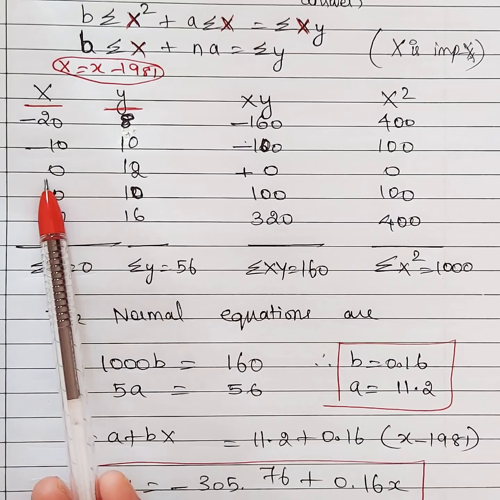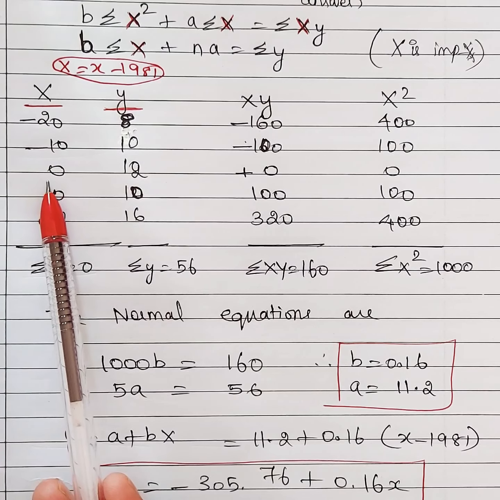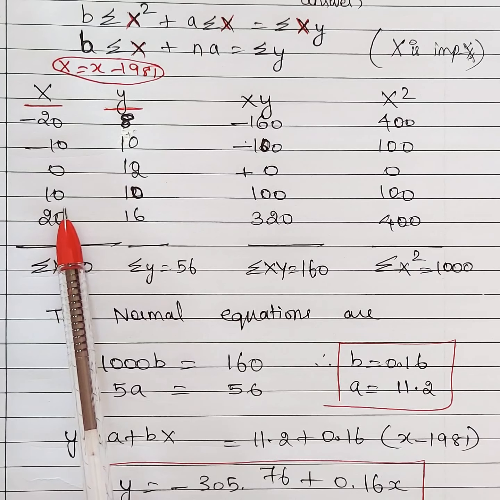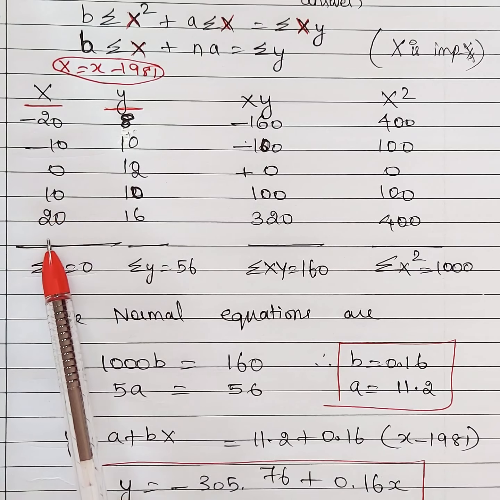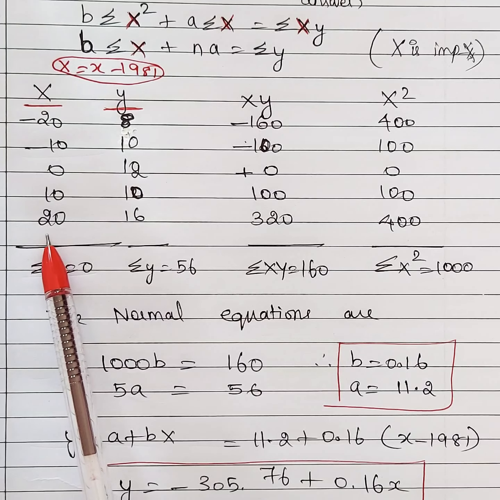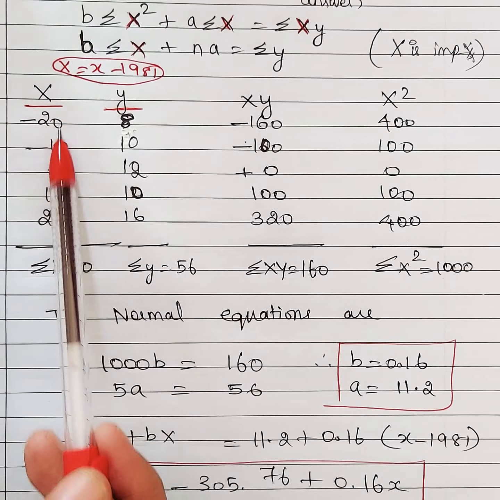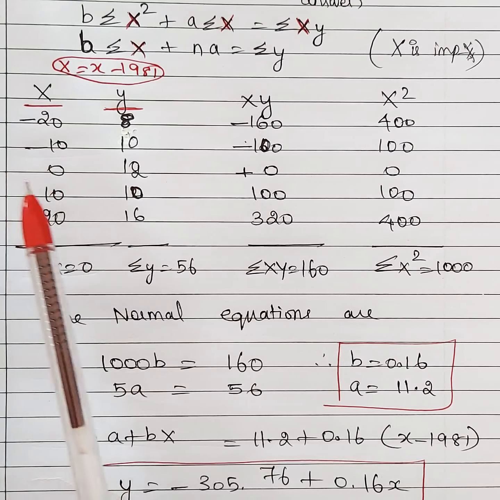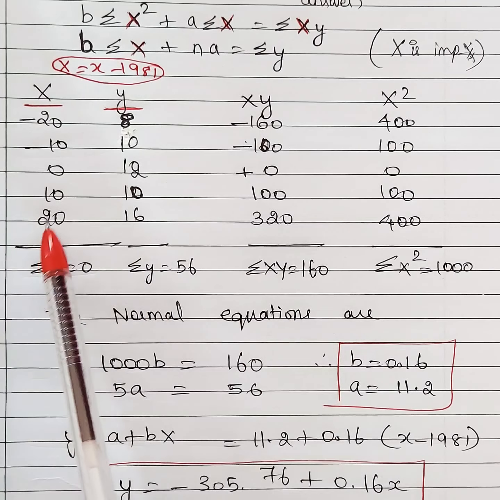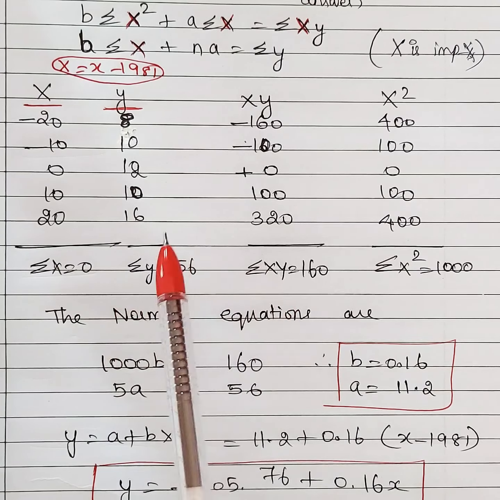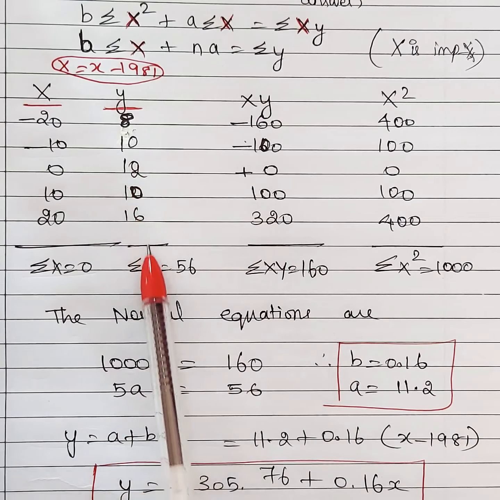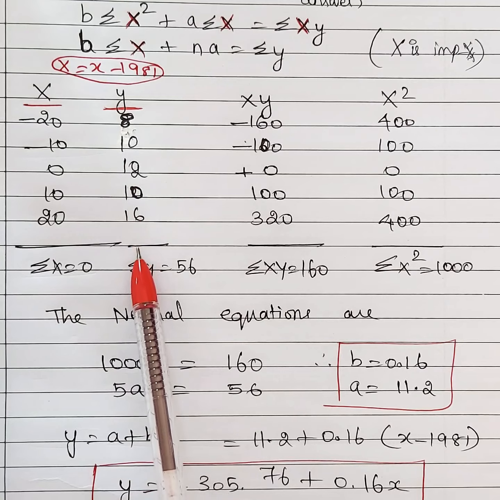Third value is the one that we have chosen, right? So 1981 minus 1981, 0. Then the next value they have given, 1991 minus 1981, plus 10. Again 2001 minus 1981, we have got 20. I didn't write small x values, I have written capital X values directly, because as I told you in correlation also, if you write these x values here, you may use that for calculation by mistake. So to avoid such confusion, I didn't write small x here at all. And y value you can write as it is given in the question.